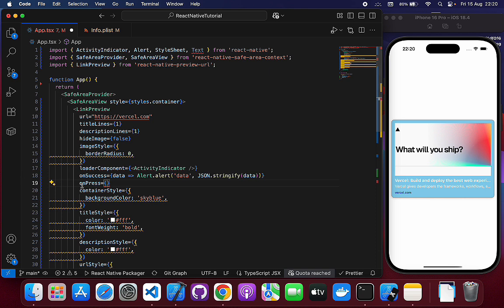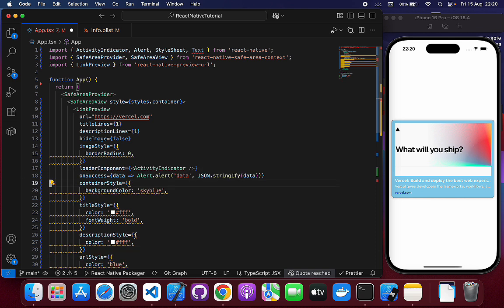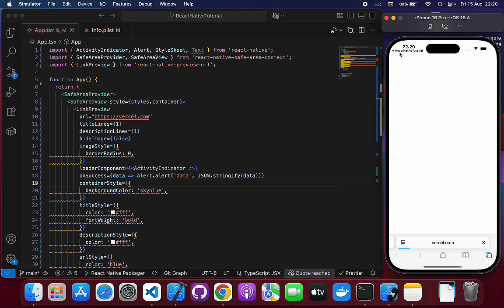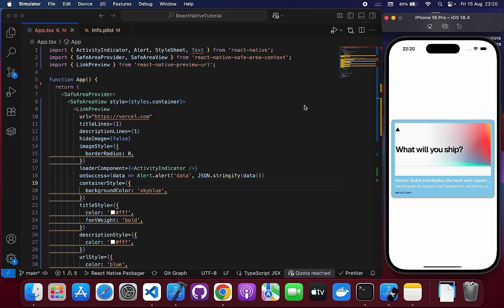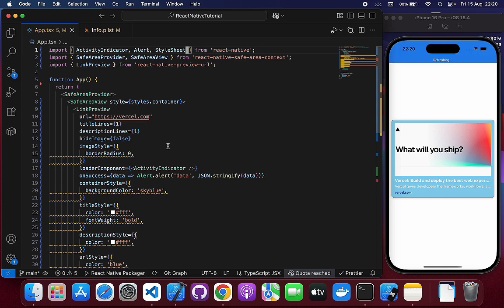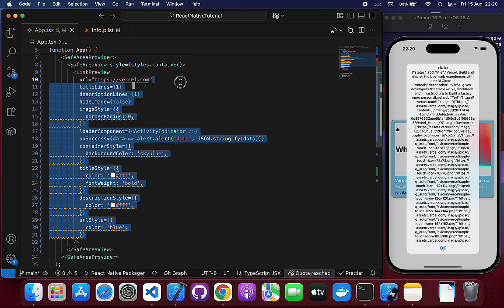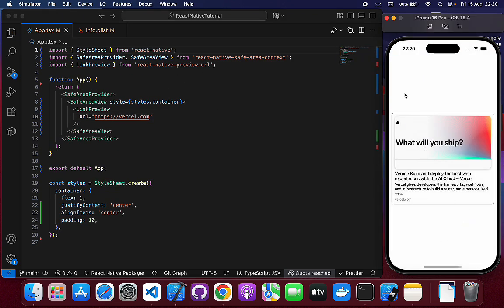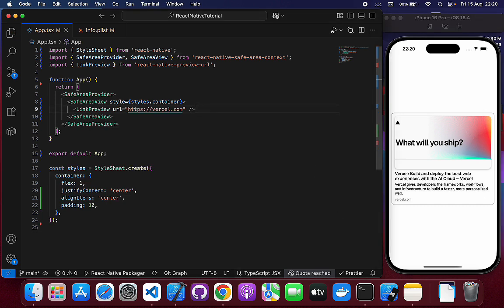Also, we have onPress prop. When it's not defined, when you click here, it will open the link like this. Anyway, let's remove these styles and only keep the URL. Remove the unused imports. Anyway, this is the default view. It's okay, you can use it directly in your app without any customizations. So that's it for the link